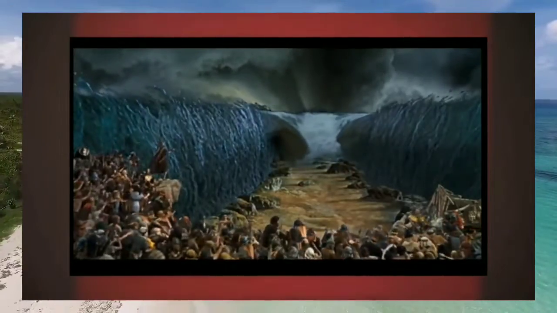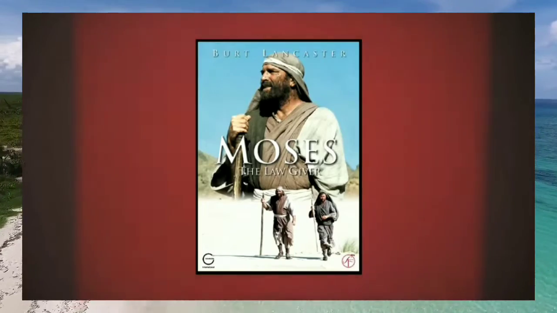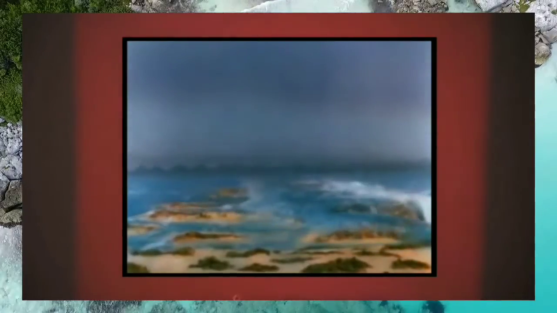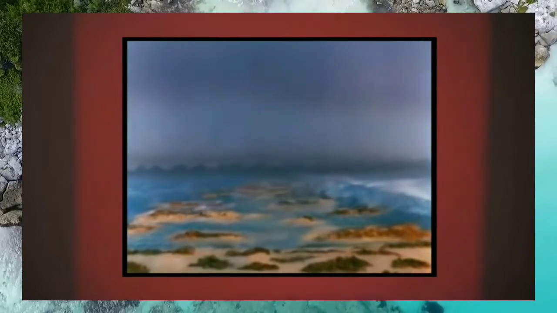spectacular shot. In 1974, there was a mini-series called Moses the Lawgiver. The parting Red Sea, however, was quite forgettable in this. It used the reversed